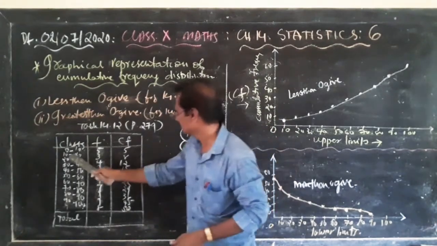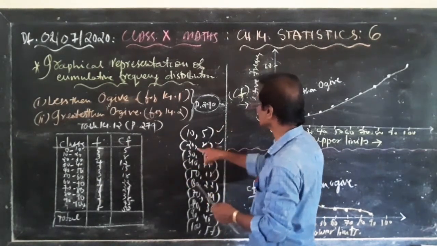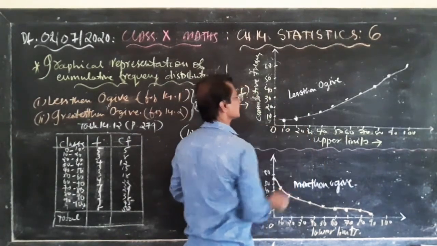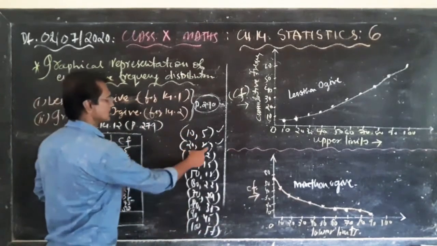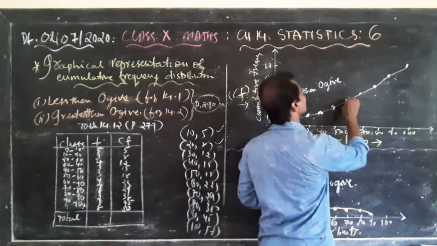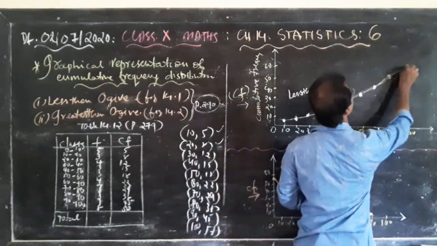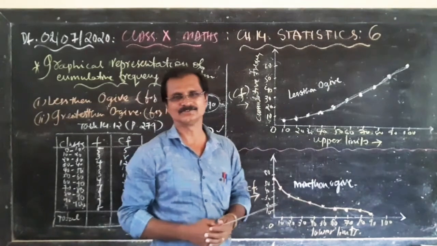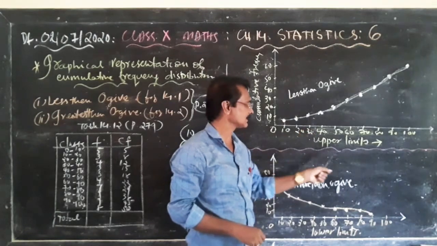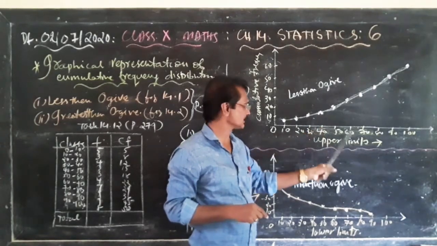Okay. Now second one is upper limit 20 and the corresponding cumulative frequency is 8. So then you will get the ordered pair 20, 8. 8 here you put the point. So in that way you put all points: 10, 5, 20, 8, 30, 12, 40, 15, 50, 18. So you put all these corresponding points, and finally you can draw a line. So like this, and this is what you call the less than ogive. Now remember, the name is less than ogive, and here you are taking upper limit. If you want to draw less than ogive, you take upper limit here.